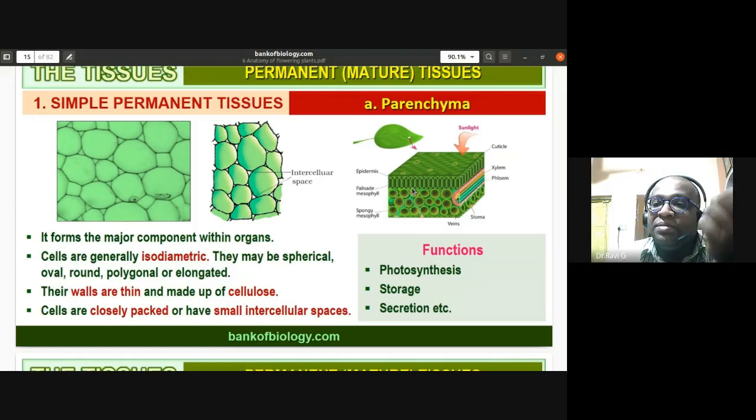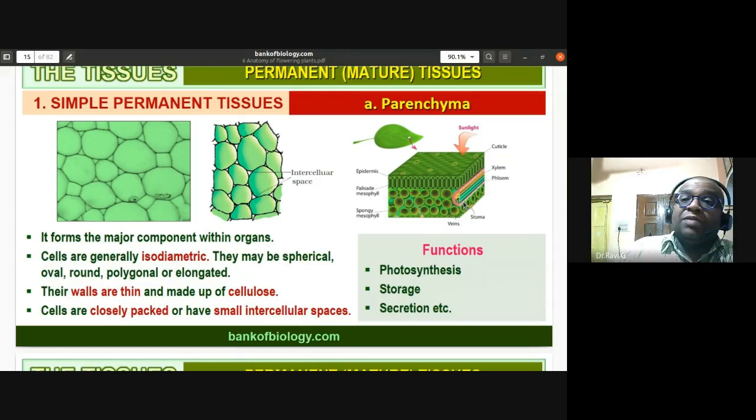So they are also the parenchyma, which is richly filled with chloroplasts. We call them chlorenchyma or mesophyll. They are of two types: palisade chlorenchyma or palisade mesophyll, and spongy chlorenchyma or spongy mesophyll. Palisade chlorenchyma cells are pillar-like or column-like cells which are tightly packed without any intercellular spaces, and they are richly filled with chloroplasts. The spongy chlorenchyma or spongy mesophyll is made up of spherical or ellipsoidal cells which have large intercellular spaces, and they are richly filled with chloroplasts.